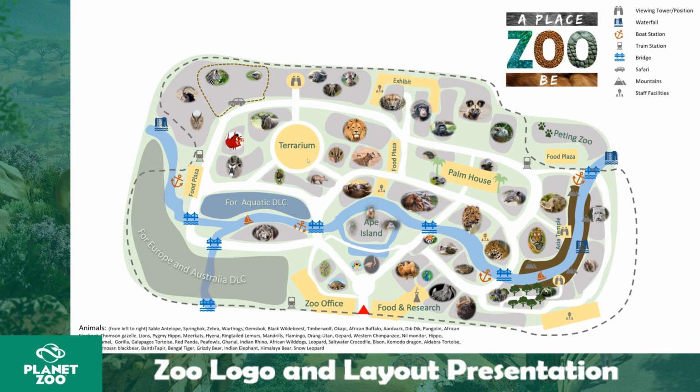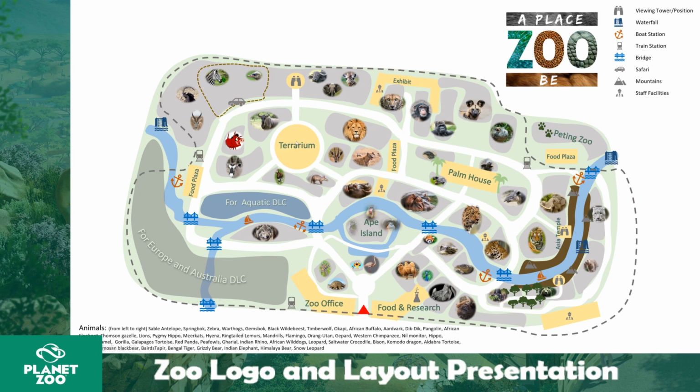Let's see how it turns out. Around this terrarium building, where I will place a lot of exhibit animals, I would like to have habitats all around. The terrarium will also include some staff buildings, most probably, so that these animals have very good treatment and the staff facilities are near